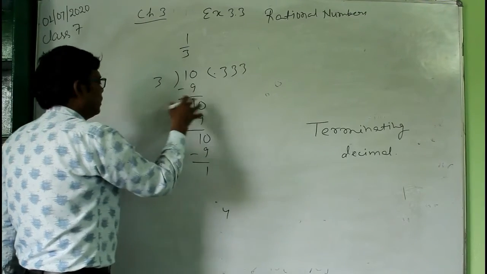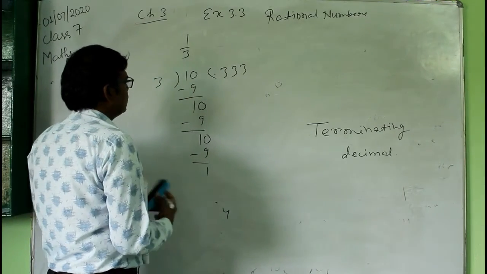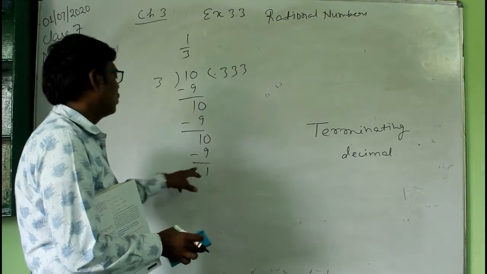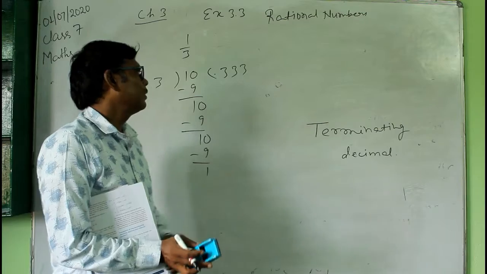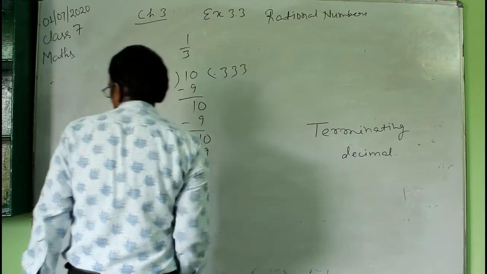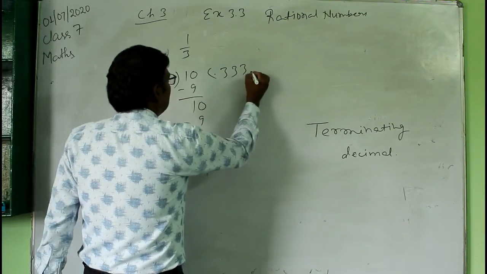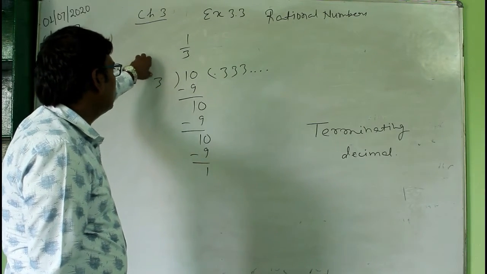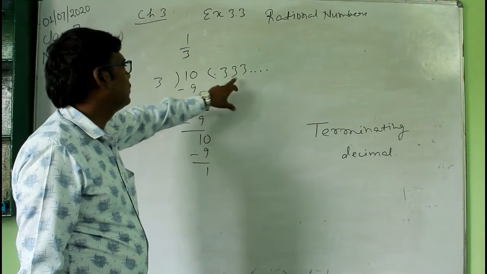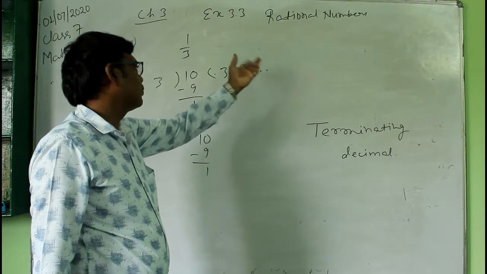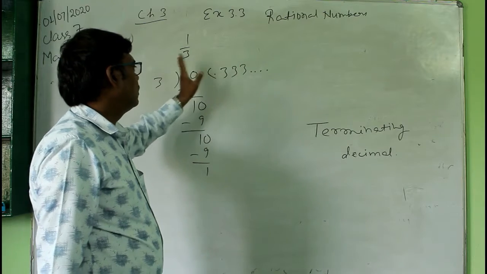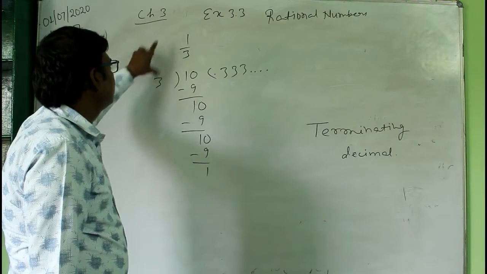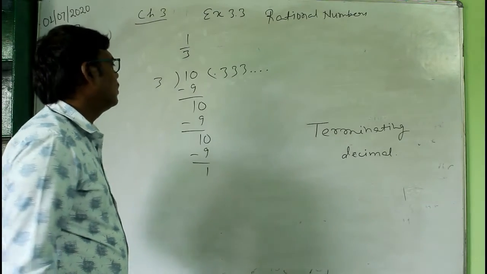Now see that this division will never end. You will go on dividing, and you will always get the remainder 1, and the 3 3 3 will occur infinitely. So this division will never terminate. What we do here is that after some steps we write the digits after the decimal, and then put 3 dots. When you put the dots, it means that this division continues if you want to continue. So this kind of decimal is called a non-terminating decimal.